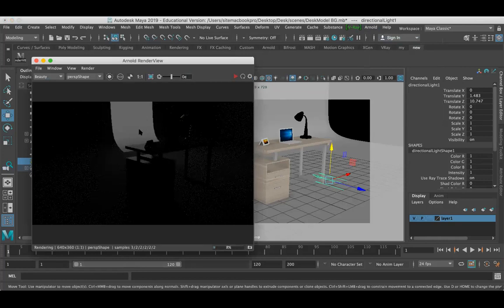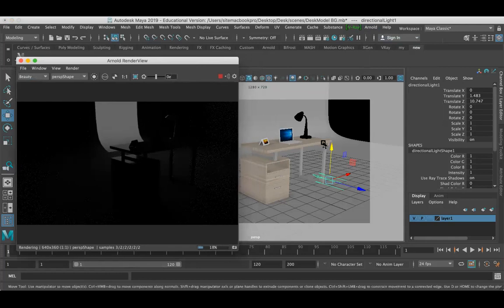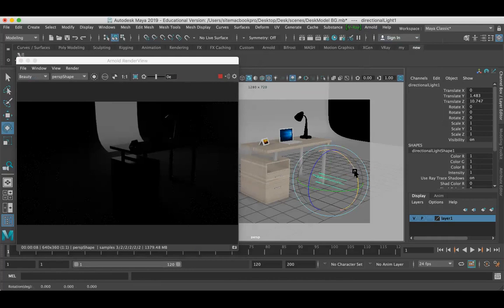But your scene is not properly lit. So now I just hit the play button so that whatever changes I make over here will reflect in my render view. Okay, so here hit E for the rotation tool, and you can see the axis here.